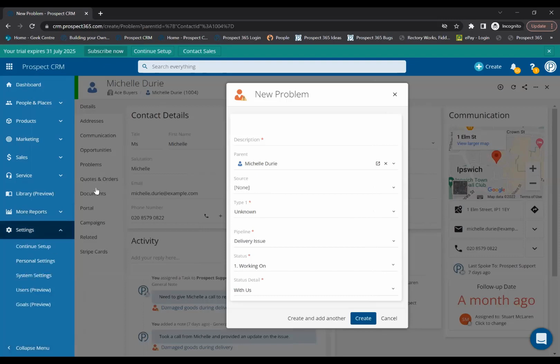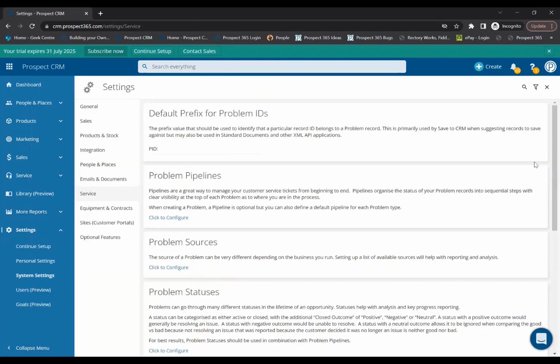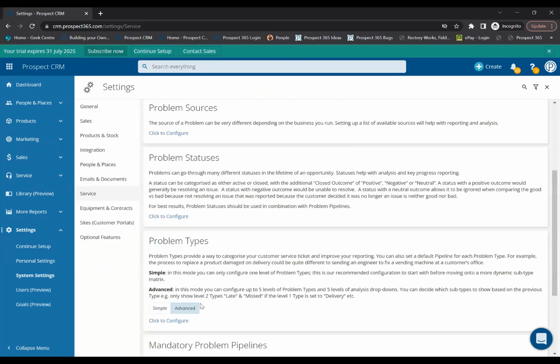So in settings, we're going to go back to service, go to the problem types, which if I scroll down is just here. And you can see there's two different options. We've got simple and advanced. So I'll show you the simple first, but I will also touch on the advanced, which just gives you a bit of a matrix to add some further details and further drop downs to that problem creation screen. So if I just click on simple to start off with and click to configure,